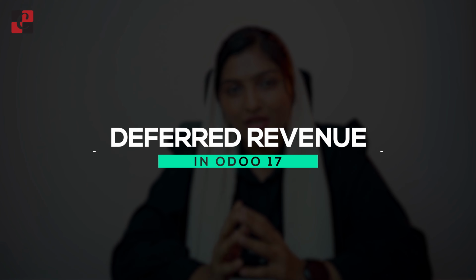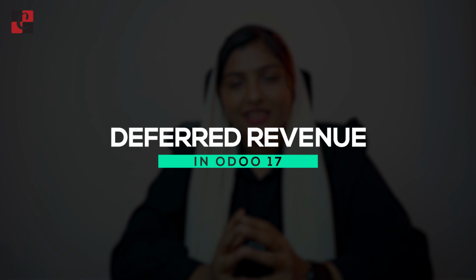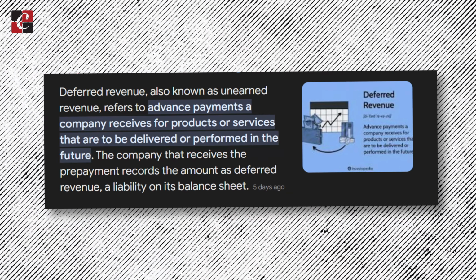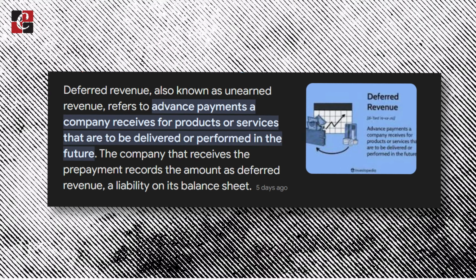In today's video, we will be discussing deferred revenue. So we know deferred revenue is nothing but the money received from a customer for goods or services that have not yet been rendered, delivered, or completed. In this case, the deferred revenue will always be considered as a liability in the books. And we cannot just report this in the profit and loss statement or income statement, since we haven't rendered or provided the services completely.